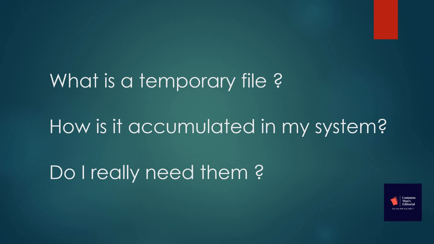Say, for example, Microsoft Word is an application which is native to Microsoft Windows, right? So whatever applications we run in our operating system will create certain temporary files with a .tmp extension. I will walk you through these files and how to delete them, but